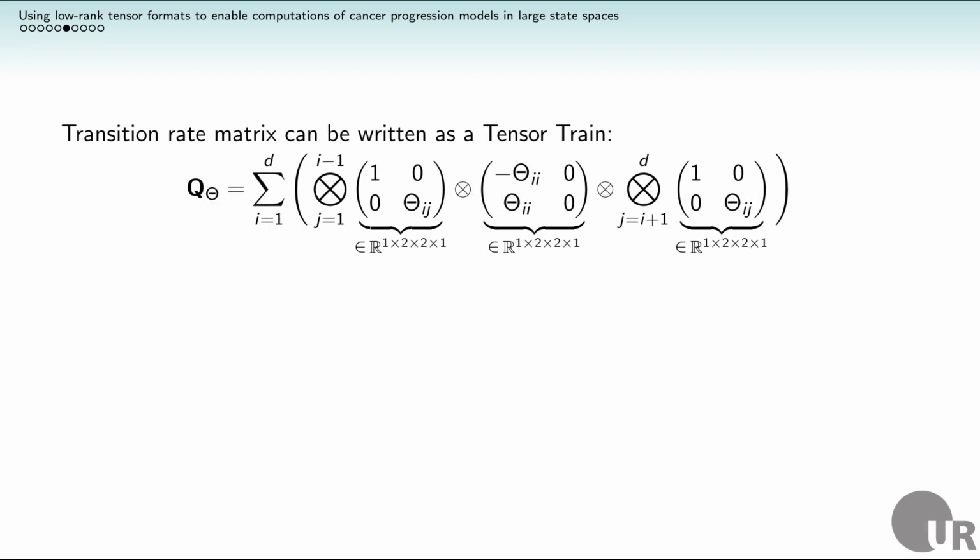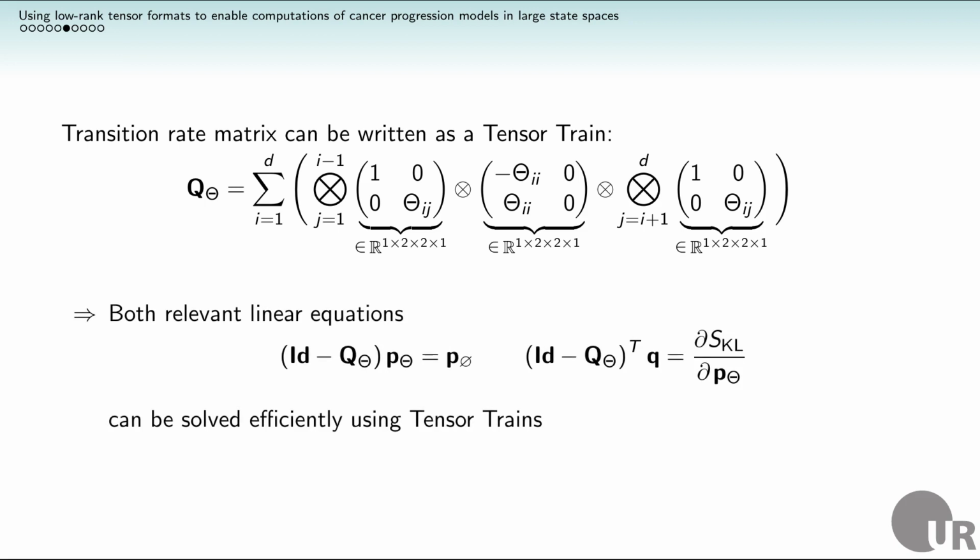Applying tensor trains to mutual hazard network calculations is possible, since the transition rate matrix can naturally be written as a tensor train, whose dimension and tensor train ranks is the number of events. Using this representation, we can calculate the time marginal probability distribution directly in the format. For evaluation of the gradients, the tensor train format can be used when considering each data point individually. Therefore, for both linear equations, the expected dependency on the number of dimensions is now polynomial and not exponential anymore.